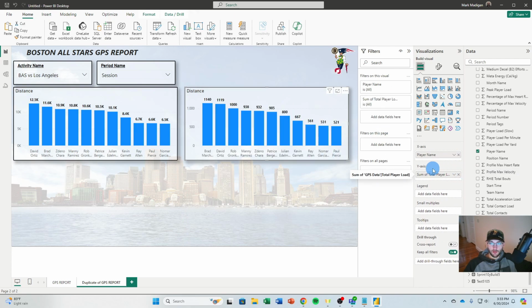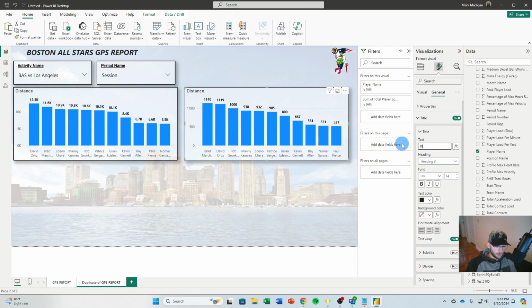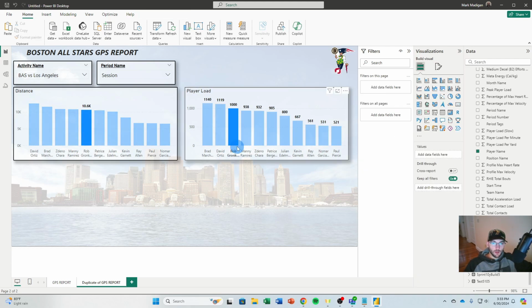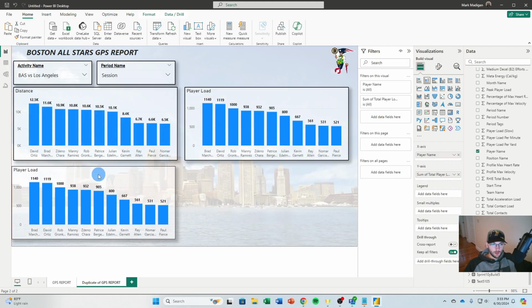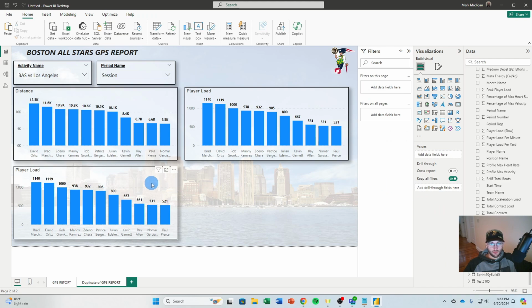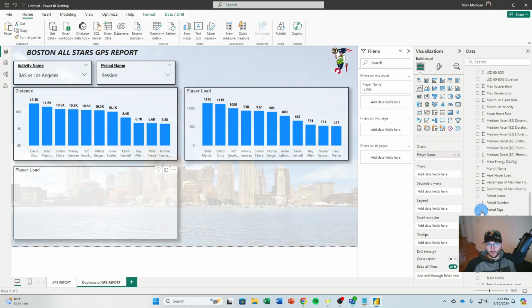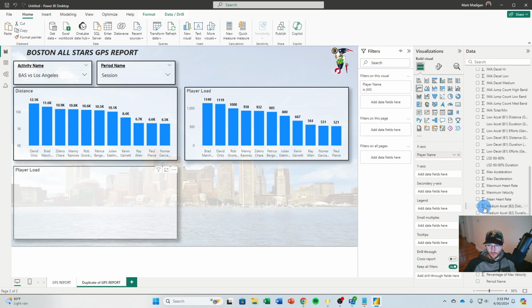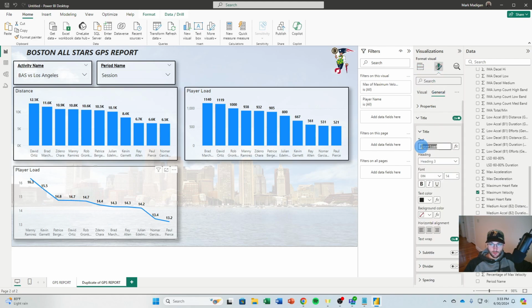Once you start building stuff, it gets pretty easy to just copy and move things around if you're just trying to create visuals with your data. Gonna follow the same step here, copy, paste. And just to make this different, I'm gonna use a different type of chart. Really doesn't matter for this scenario. And I'm going to use, let's go max velocity here. So just players' top speeds. We'll use the max. And I just gotta change the title once again. Max velocity,